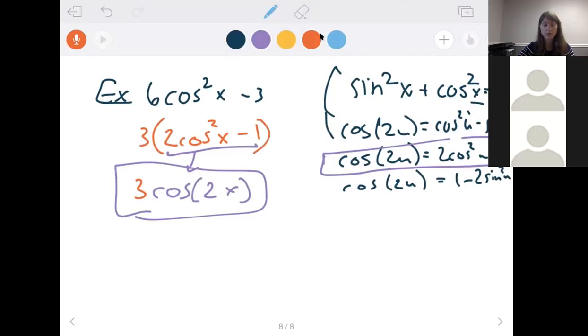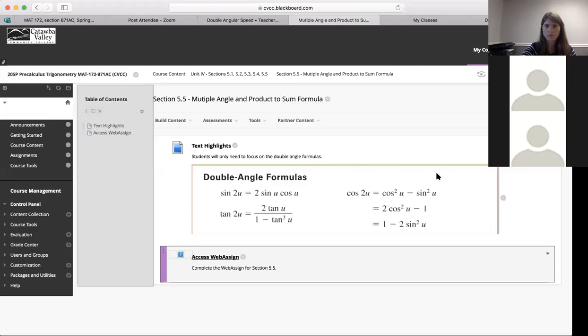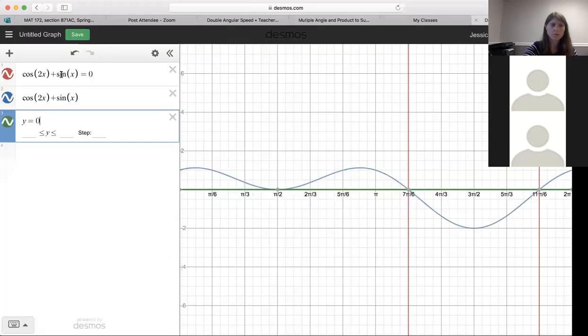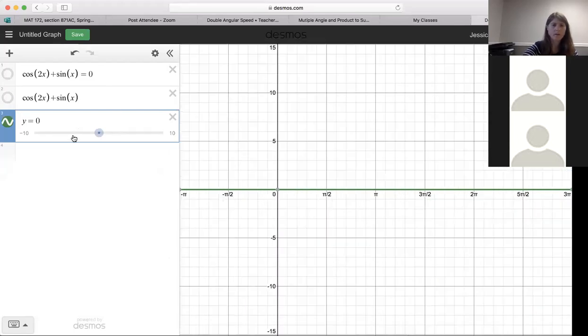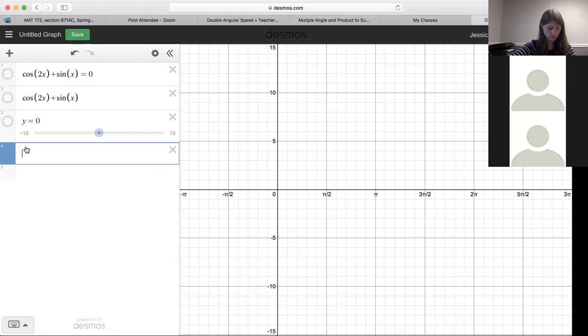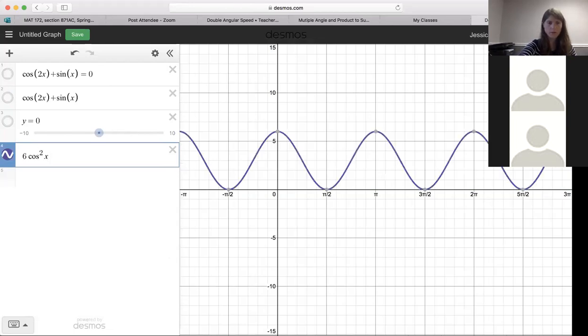Now, let's talk for a minute about checking these because we didn't check our other two. I'm going to switch us back over, let's see, to Desmos. Turn these graphs off here. Maybe zoom out a little bit. Turn off that y equals 0. And let's graph our original expression. So if I graph 6 cosine squared of x minus 3,